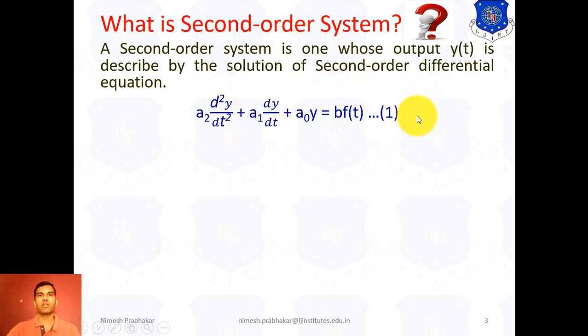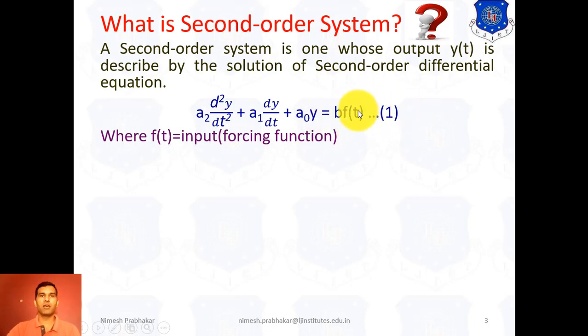system is known as first order system. Because second order derivative is not present, then that system is known as first order system. But if second order derivative is present, that means this system is known as second order system. Now we consider one case. Before that, here f of t represents the forcing function or input and y represents the output. Now if we consider a0 is not equals to 0, that means this term a0 is not equals to 0,